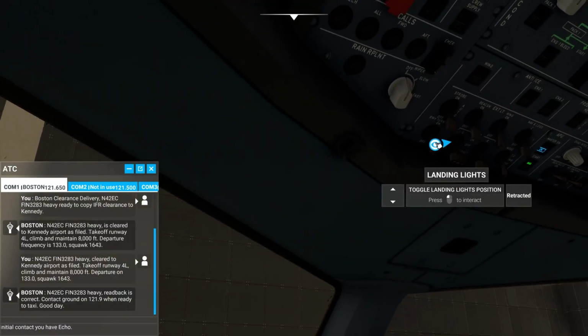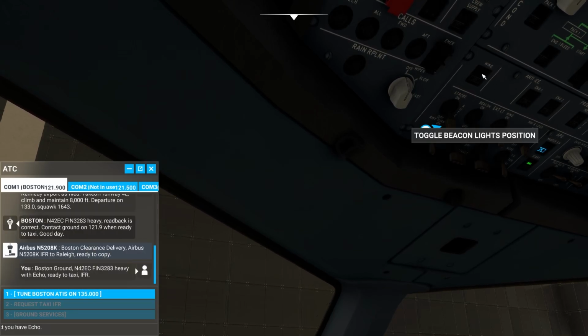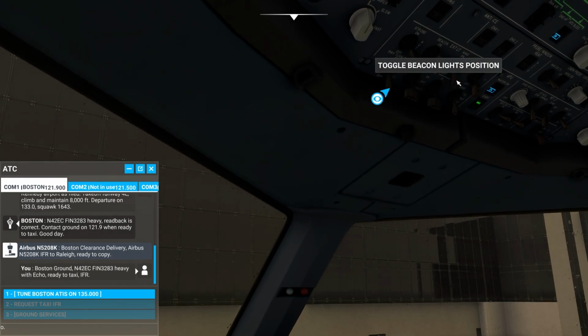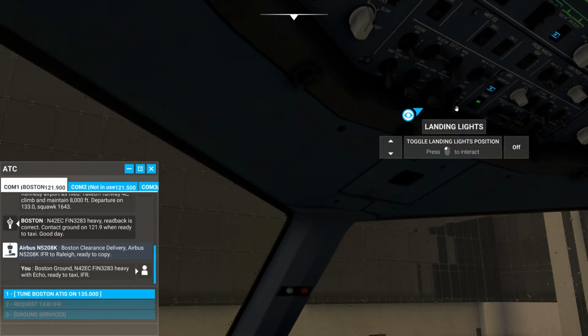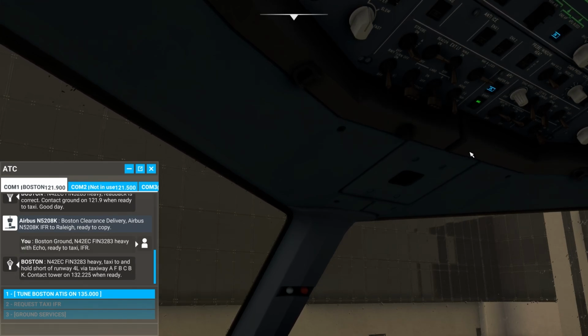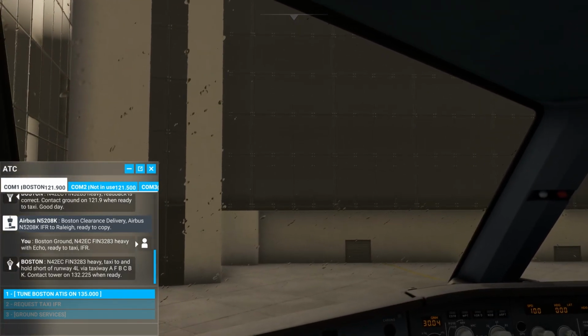Good day. Austin clearance. Taxi clearance. Austin ground, 42EC Foxtrot India November 3283 Heavy with Echo ready to taxi IFR. N42EC Foxtrot India November 3283 Heavy, taxi to and hold short of runway 4 left via taxiway Alpha, Foxtrot, Bravo,